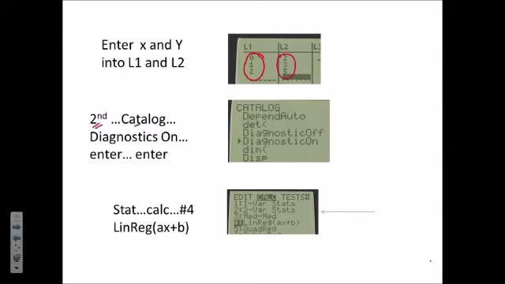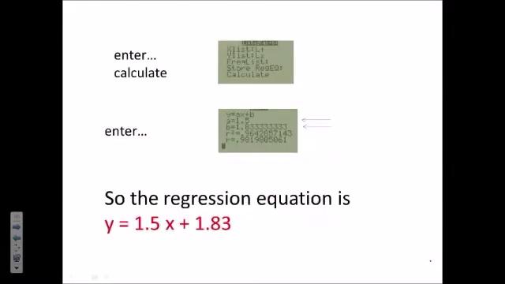We press second catalog, navigate down to diagnostic on, hit enter twice, then press stat, calculate, number 4, the linear regression, hit enter, make sure L1 is in X list and L2 is in Y list, leave blank frequency list and store, go down to calculate and press enter, and you'll see